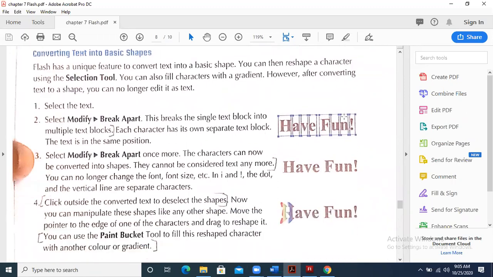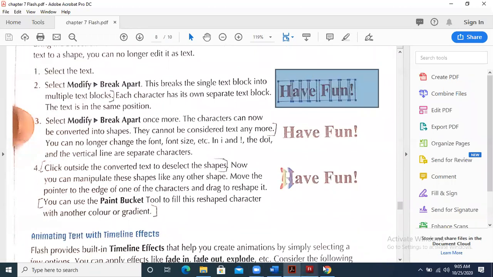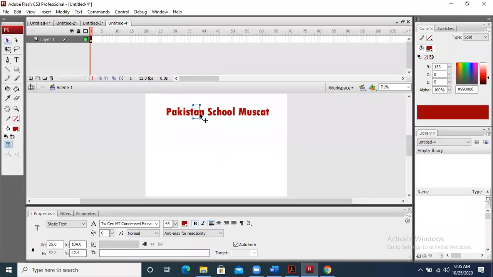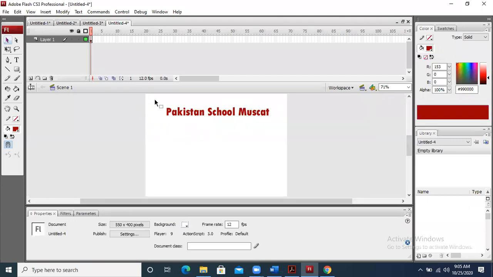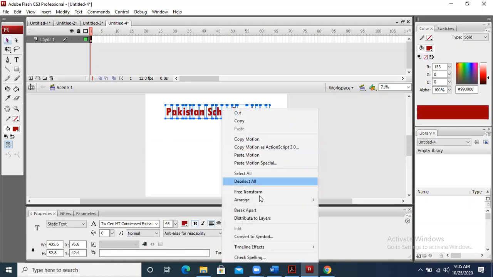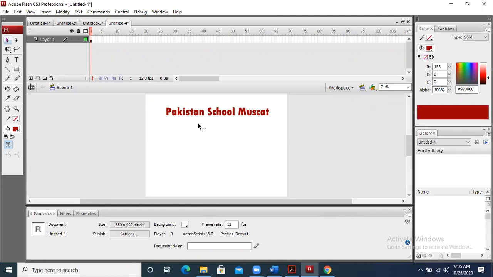Now we have changed them separately, but if you apply break apart once again, they will be converted to basic drawing objects. Right now these are text objects. Now if I select it once again, right click and click break apart once again, that means two times.